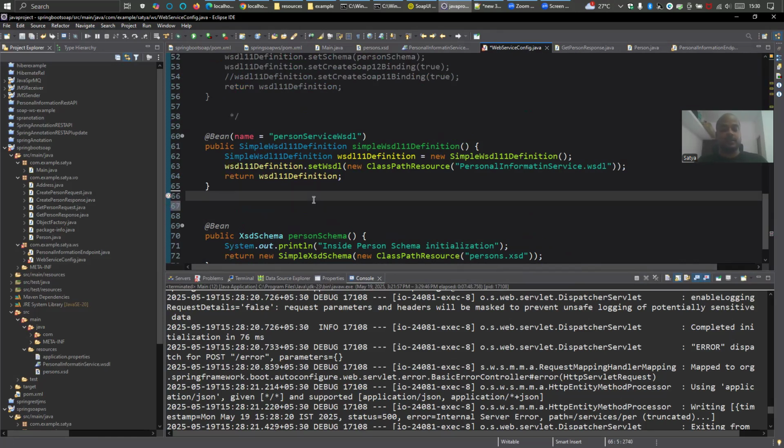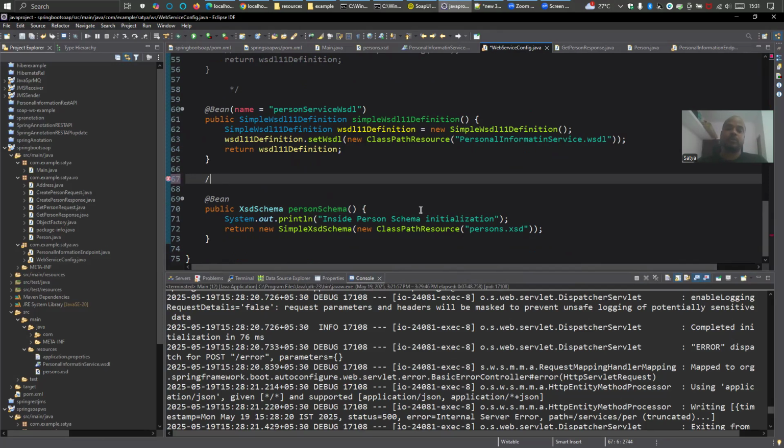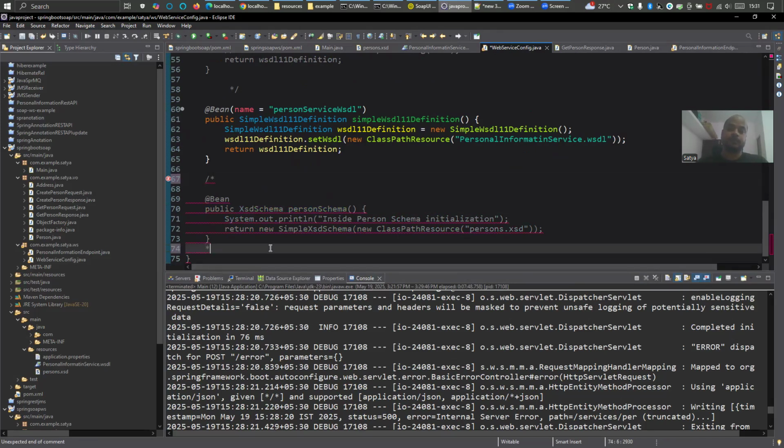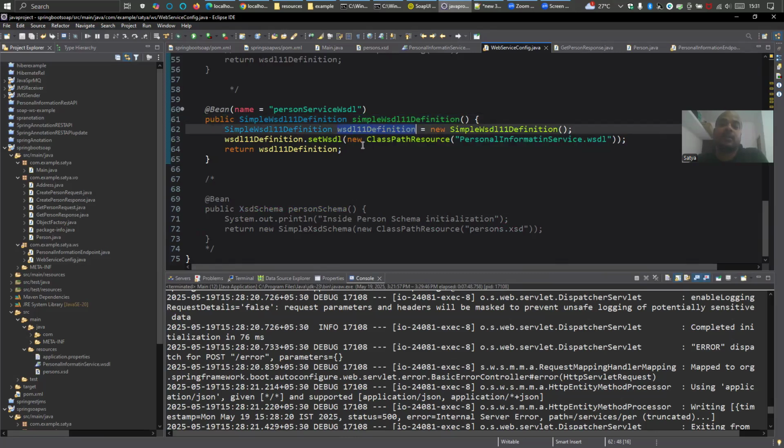Now see, when you are going with a static WSDL, you don't need this schema anymore. You don't need this person schema because you are not going to inject it. This person schema is no longer needed anywhere. Now you need to define a simple WSDL definition, a method, and in that you need to create a